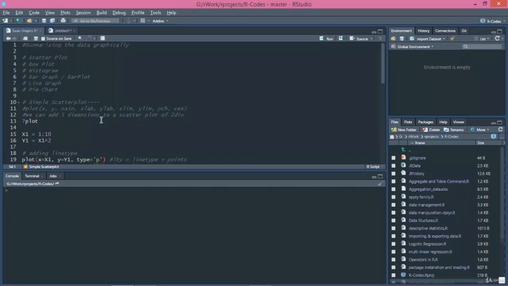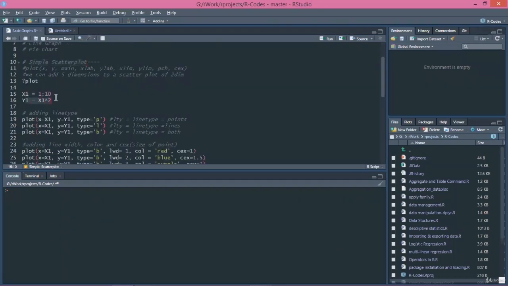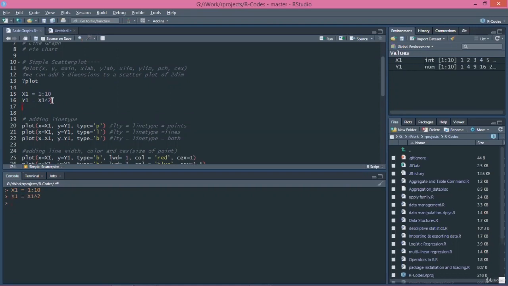So we are creating codes for simple scatter plots. For that, we will be creating two vectors. First vector is x1 with values of 1 to 10. Let's execute this command. And the second vector is the squares of the vector 1 that we created. If you want to check the values of x1 and y1, these are the values of the vectors x1